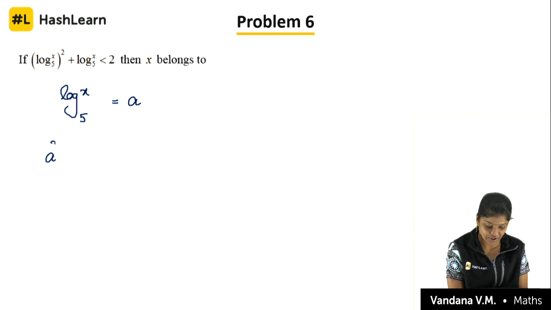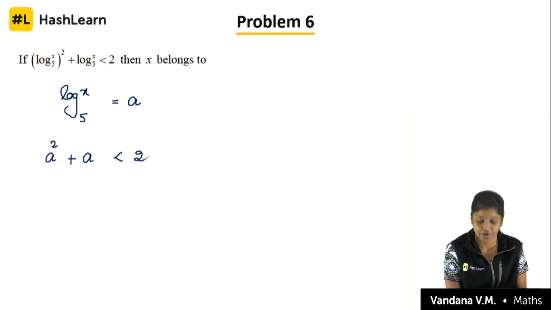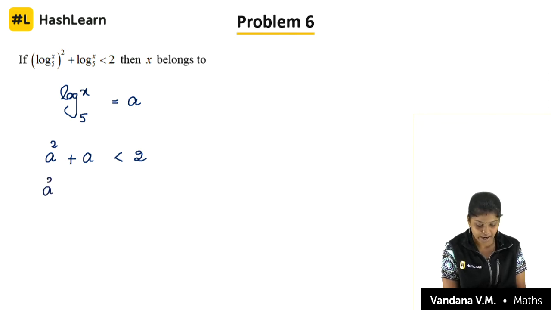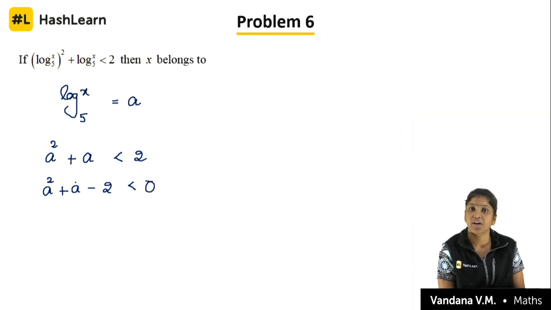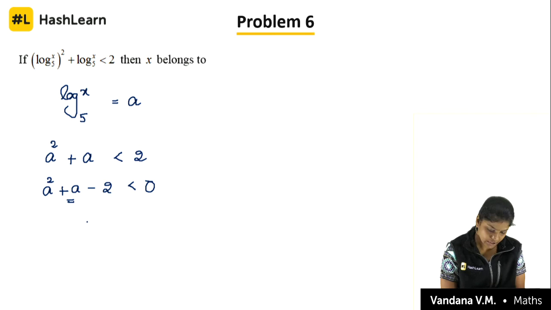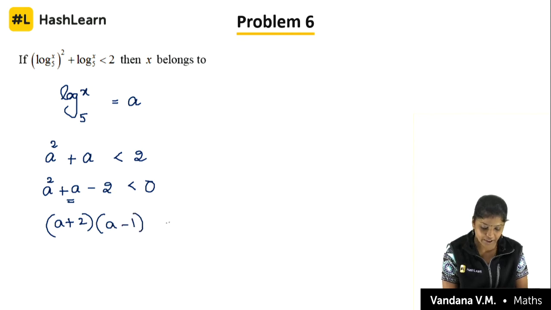Substitute in the given equation: a square plus a less than 2, so a square plus a minus 2 is less than 0. How will you solve this? If you multiply, you should get minus 2. If you add, you should get 1. Those are the factors, so I will get (a plus 2) into (a minus 1)